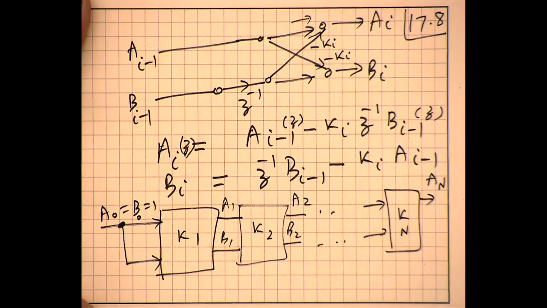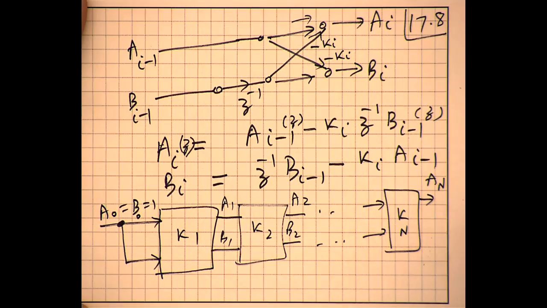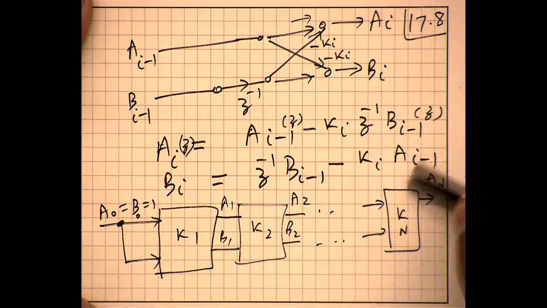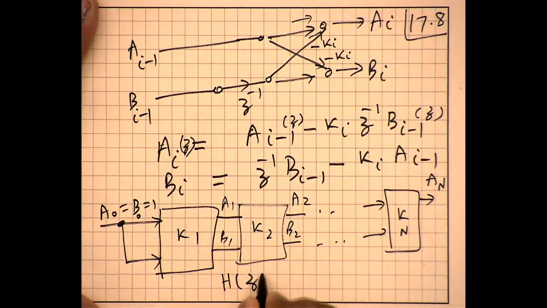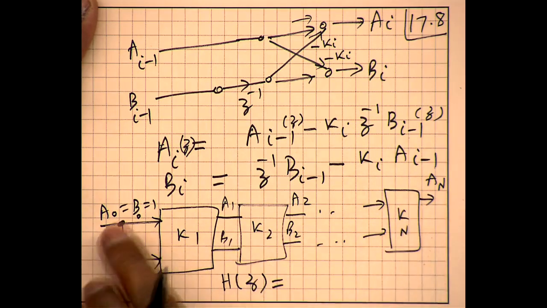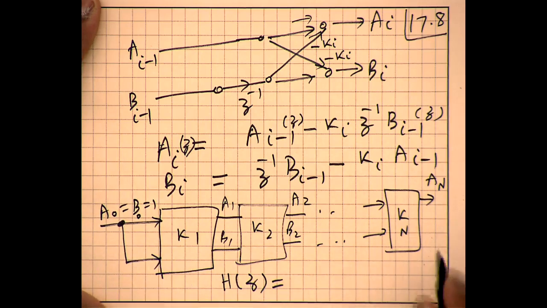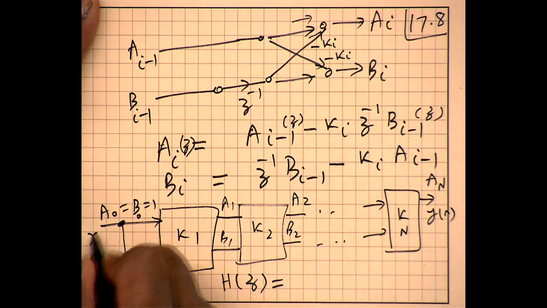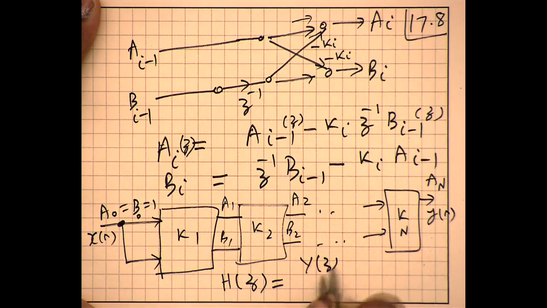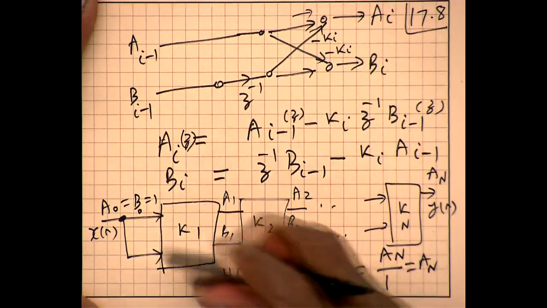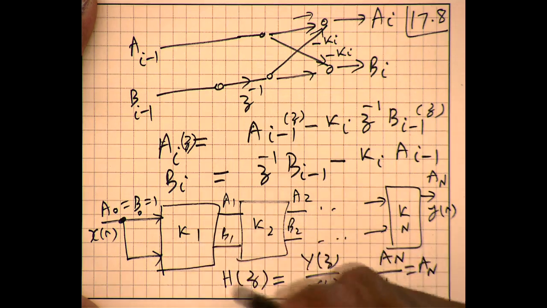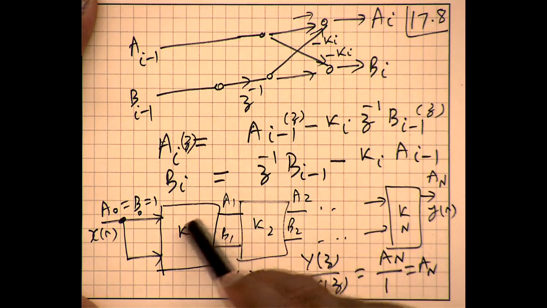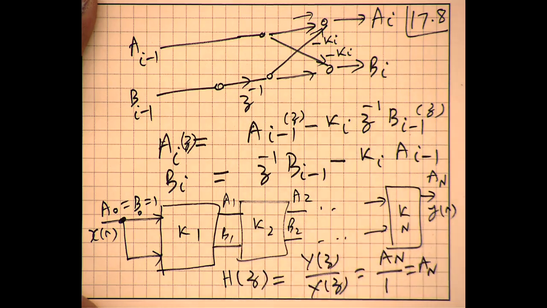Remember that I had initially mentioned that the transfer function of the FIR filter is An. So if you think about what is the transfer function, what is H(z), which is the output divided by the input, Y(z), if I call this y[n], if I call this x[n], so Y(z) by X(z) is going to be An by 1, which is An. So all I have to do is find out for a given transfer function H(z) how to compute these K's, and we'll talk about that in a minute.